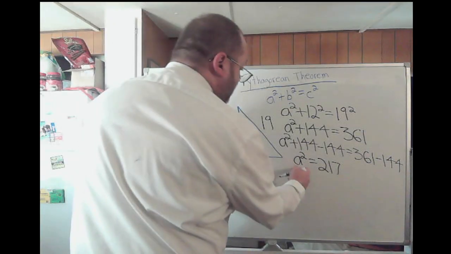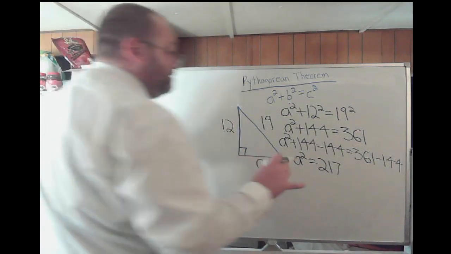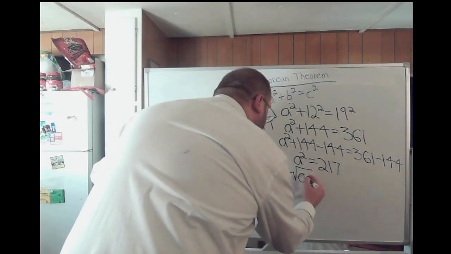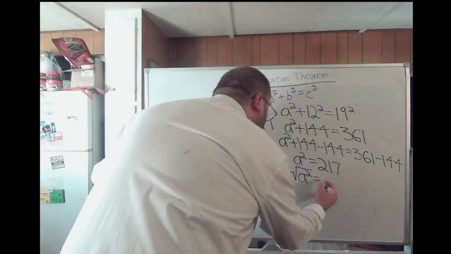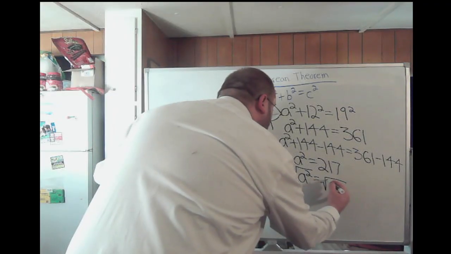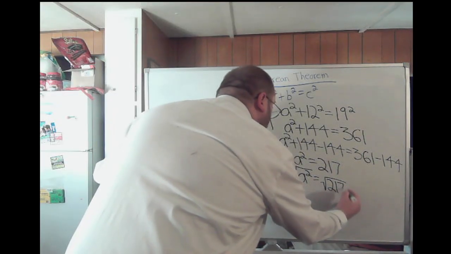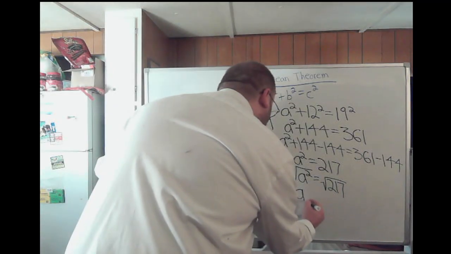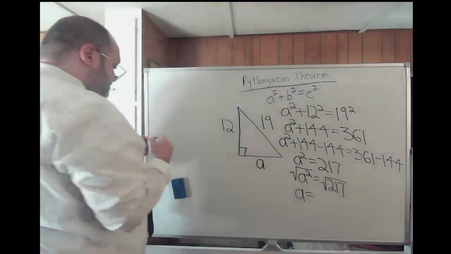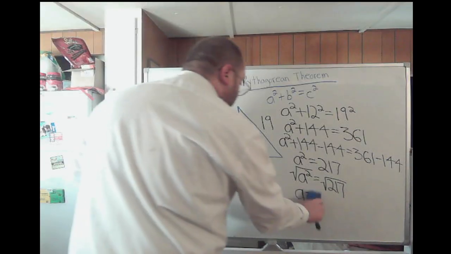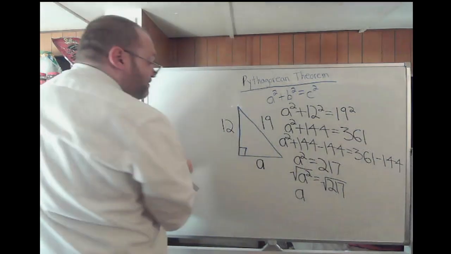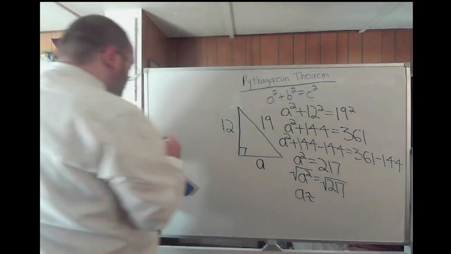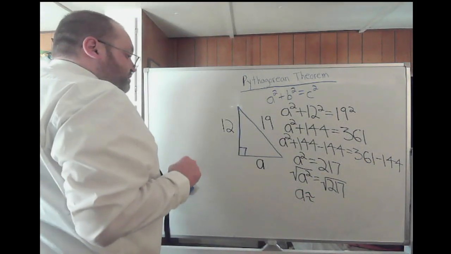Well, we know a squared, we just want to know a. Well, you got to take the square root of both sides in order to find a. So take the square root of a squared, set that equal to the square root of 217. So on the left side, square root of a squared, that just gives you a. That'll equal the square root of 217, which I know for a fact this is not a perfect square. So it's going to be approximately equal to